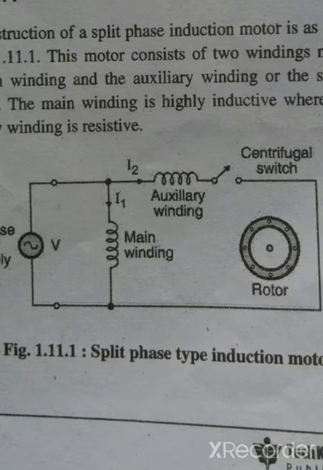Whenever the AC supply is connected to the stator winding, it will produce three line currents, that is IR, IY and IB. These currents are shifted by 120 degrees from each other. Means if a current starts at 0 shift, then another starts at 120 and the third one starts at 240 degrees. If we consider the flux produced by different currents IR, IY, IB as phi R, phi Y and phi B, then the waveform of phi R, phi Y and phi B is like this.